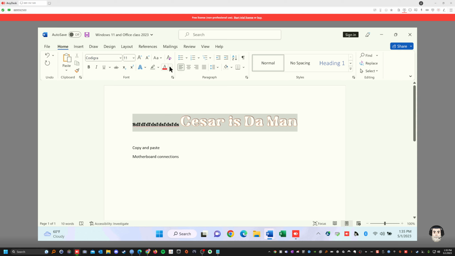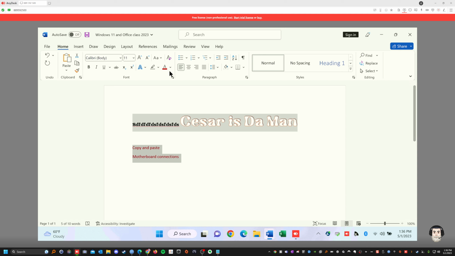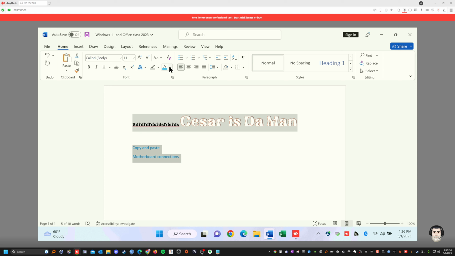Okay? The next is color of the font. You could change the color. So you click on here. You could change the font color, whatever color you want. Oh, computer's slow for some reason. So let's do just this part. Let's change the font color on this. See? Automatic, which is black. You could do red. See that red on the bottom there? You could do any color you want. Blue, green, yellow, red, and you could do the gray on the background. See that? Copy and paste.